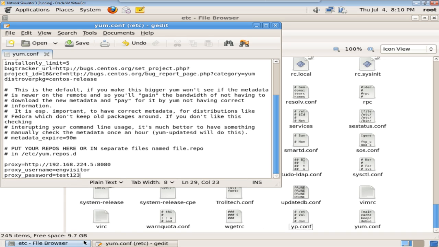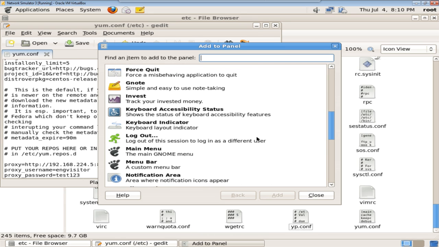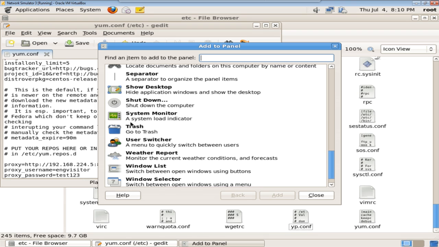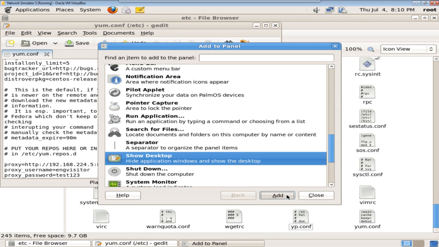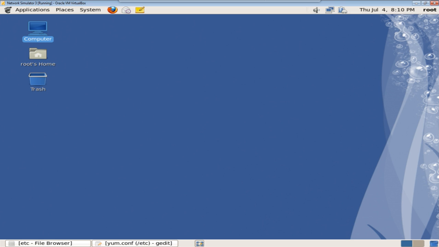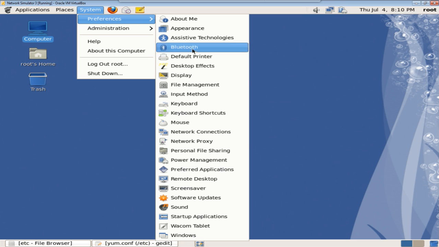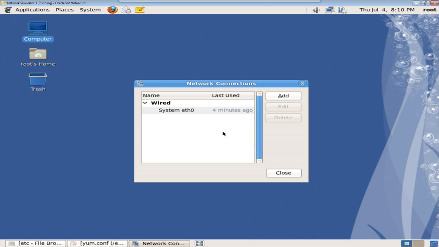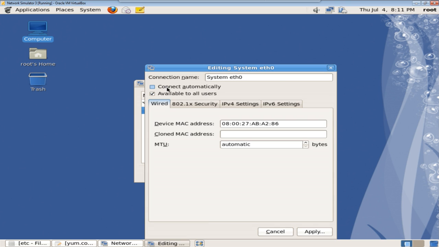so let's proceed. Let me right click here and add to panel. Where is it? There it is, show desktop. That makes my life a little easier trying to get back to the desktop. So now I want to go into System Preferences, and I'm going to go to Network Connections, double click on the network connection, and select Connect automatically,